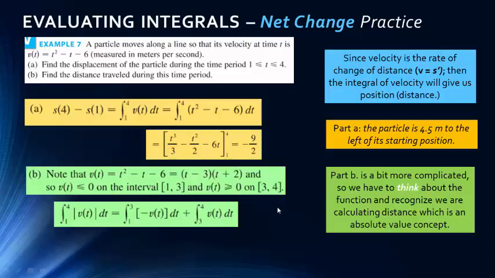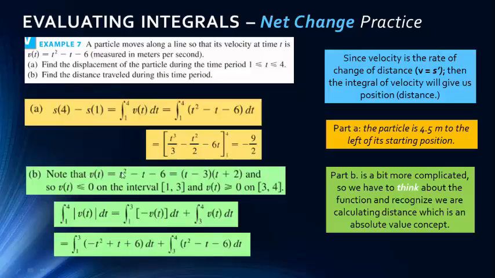So you have to be mindful when you're dealing with these distance problems or any absolute value problems. If the formula comes out to a negative value, you're going to take the integral of the negative of the formula. This is not very hard to do. All we do is multiply the formula by -1 and we get this for the first piece. We've already done the second piece, we just plug it in, and then we do these separate pieces. I'm not going to walk through these, you can do them yourself, but see if you get that value. So it's very important you pay attention to concept, especially when the concepts of absolute value or distance